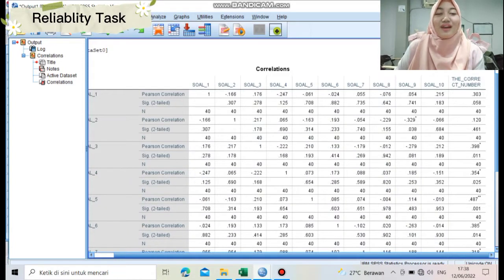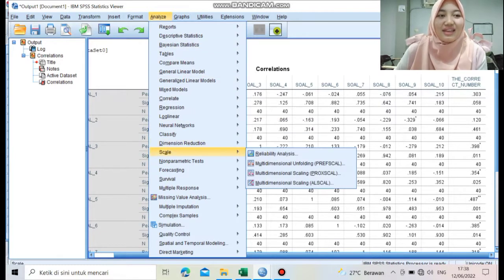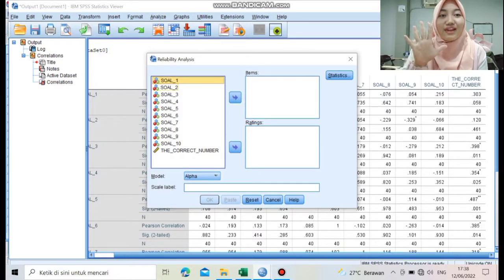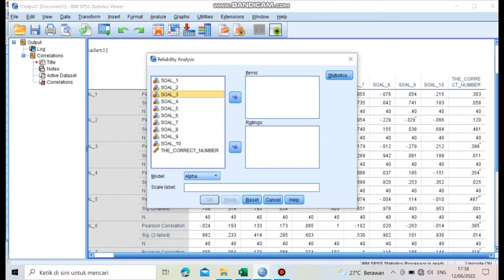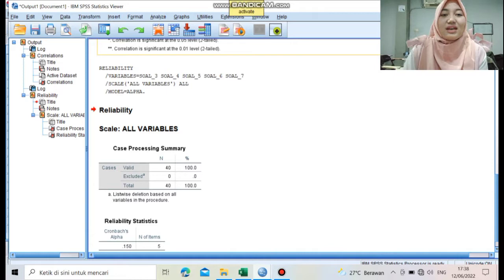Next, to find the reliability, we can directly click Analyze, select Scale, click Reliability Analysis, and move the 5 valid numbers. After you move the 5 valid numbers to the right column, this is the result, which is 0.150.